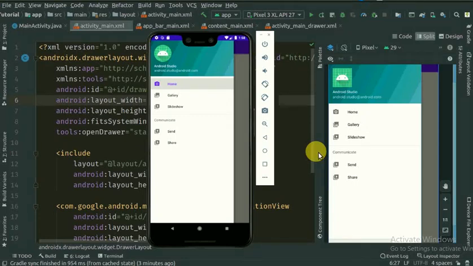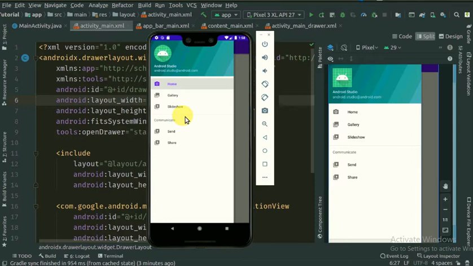Okay friends, so in our previous video we created this navigation drawer using navigation drawer activity. But we created it using a menu resource file, that is, this is the group items and this is a simple menu below it. Now what if we want to customize our navigation view? If we want to use our custom layout, then what can we do?